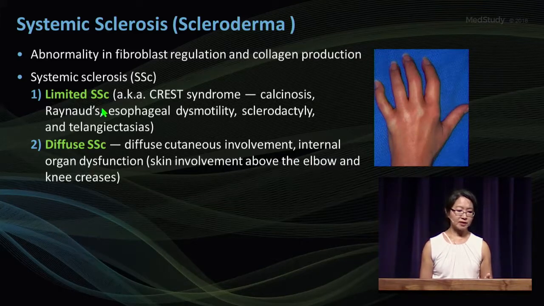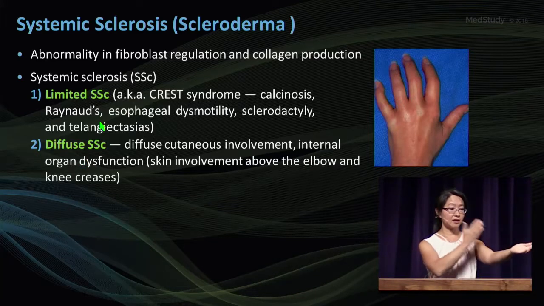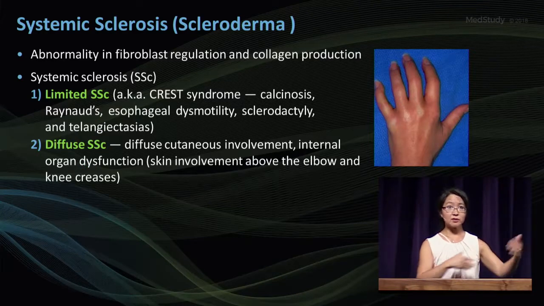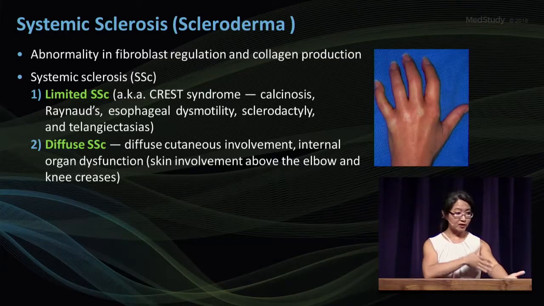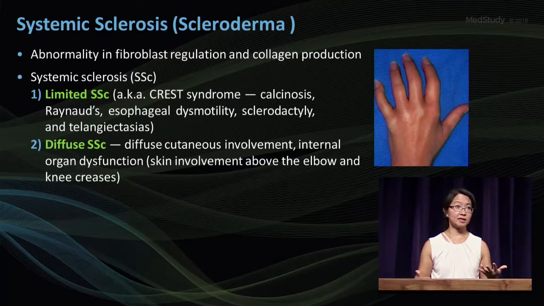There's 2 forms, limited systemic sclerosis and diffuse systemic sclerosis. The way you tell the differences between the two is where the sclerosis stops. If it stops at the elbow crease or at the knee, it's limited. If it's diffuse, which extends beyond the elbow crease and the knee, it's diffuse systemic sclerosis. Both of them can actually have calcinosis, Raynaud's, esophageal dysmotility, sclerodactyly, as well as telangiectasia, what we call CREST